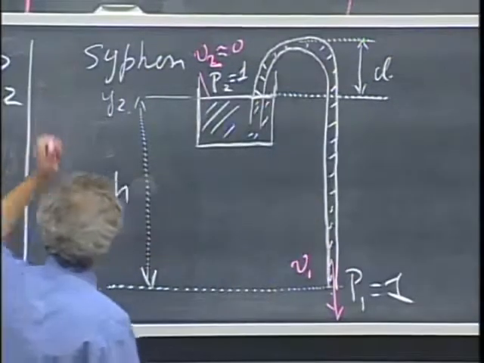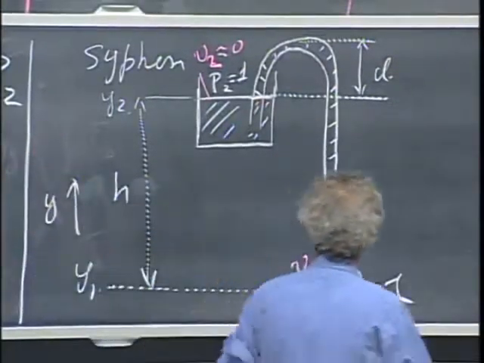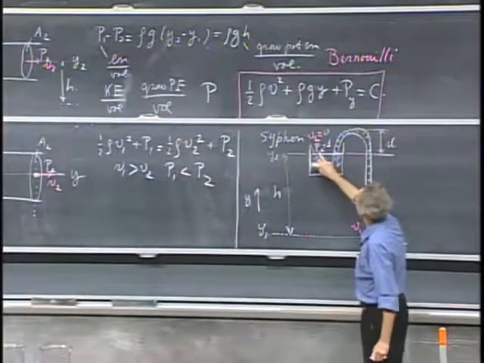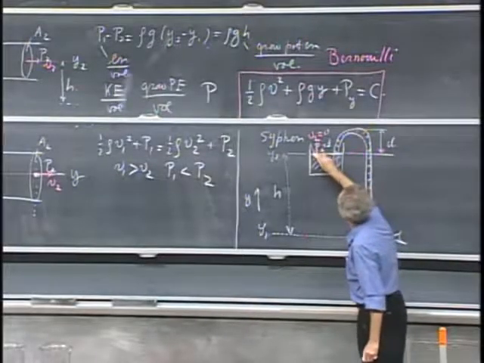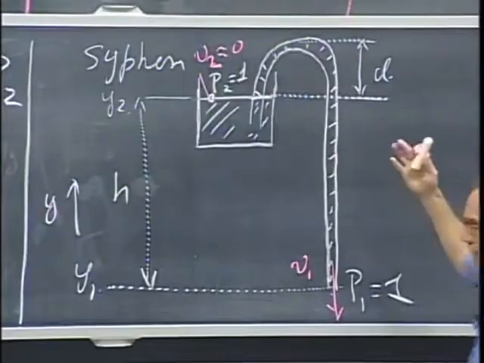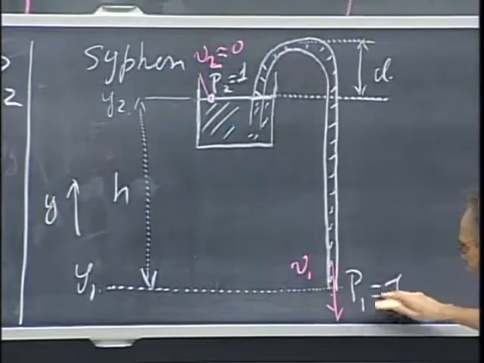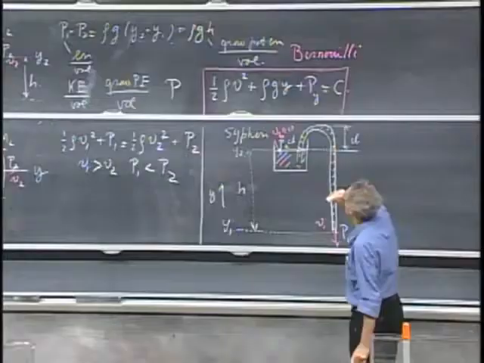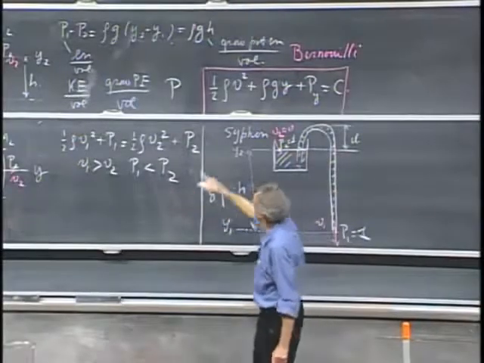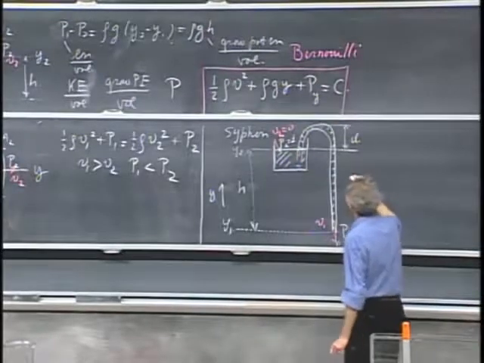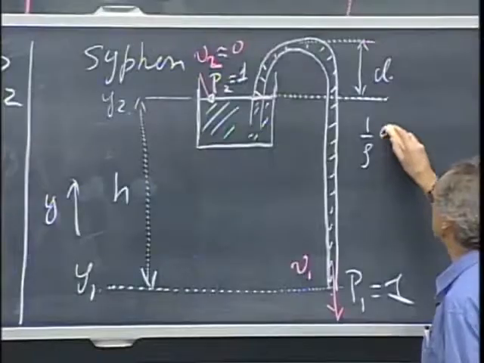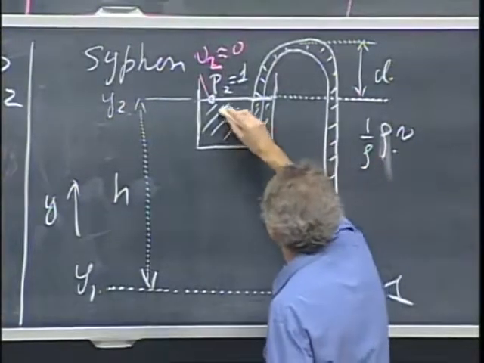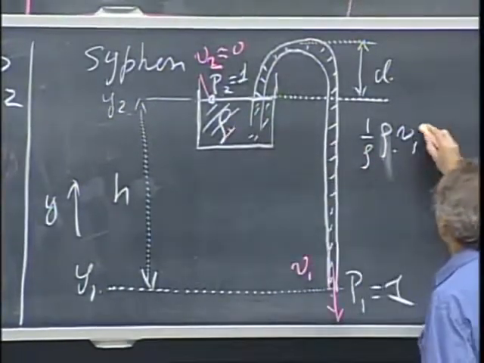I apply Bernoulli's law. So now we have a situation where the y's are different, but the pressure is the same, because right here, at this point of the liquid, I have 1 atmosphere, which is barometric pressure, and since this is open to the outside world, P1 is also 1 atmosphere. So now I lose my P term. There I lost my Y term, now I lose my P term. So now I have 1/2 rho, this is rho of the liquid, V1 squared,